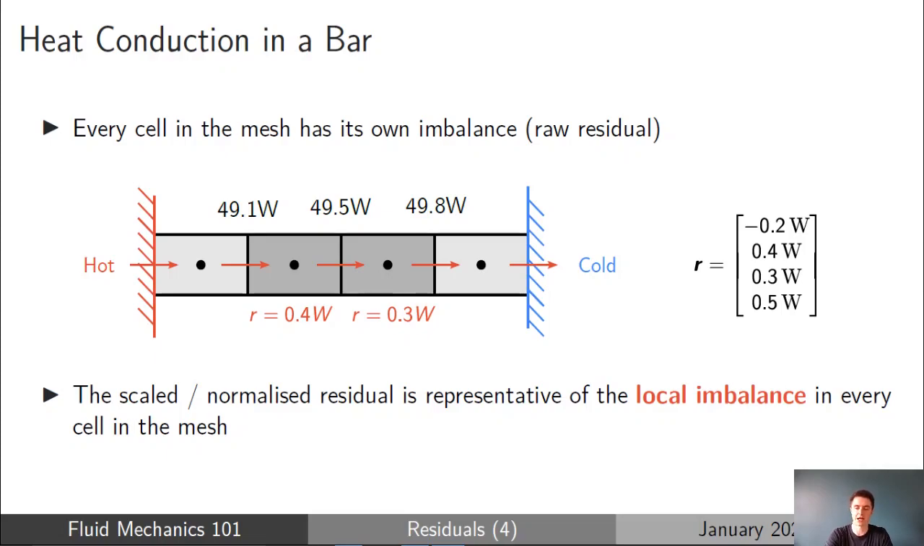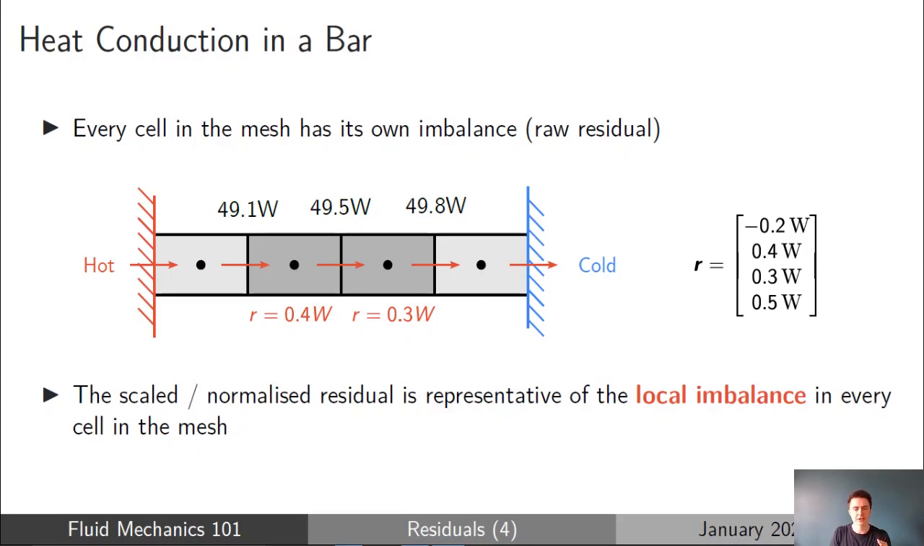And so for that particular cell, the unscaled residual is 0.4 watts in the second cell in the mesh. And we would normally scale that residual so that the 0.4 watts is expressed as a percentage of the total energy flux going through the bar, and that will give us an indication of how close we are to convergence. And the takeaway point from that that's going to be applicable to this lecture here is that the scaled or normalized residual, depending on how we calculate it, is representative of the local imbalance in a particular cell in